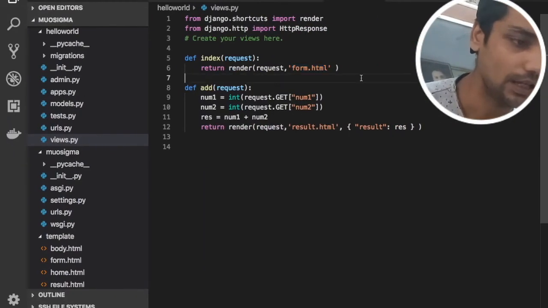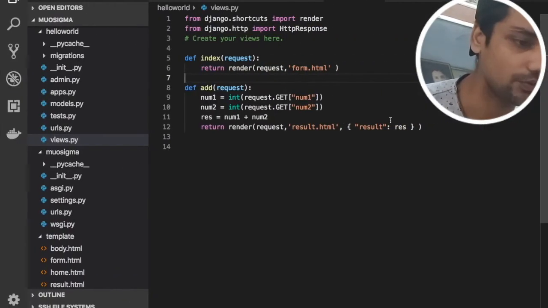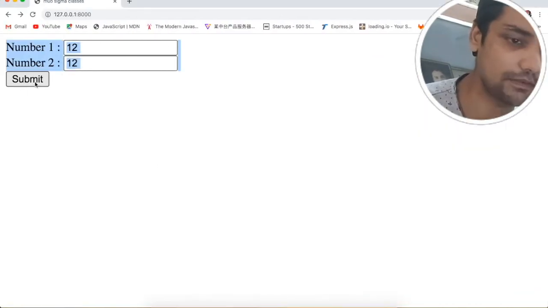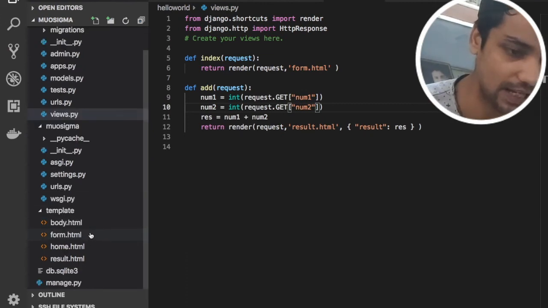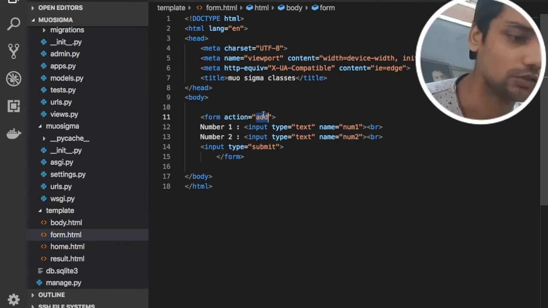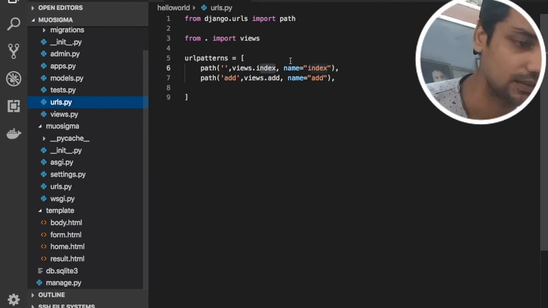Okay. So at the moment when you click on the submit button, we have the action called add. So the new path will be add.